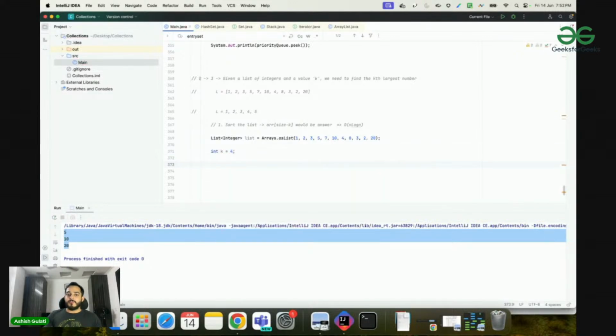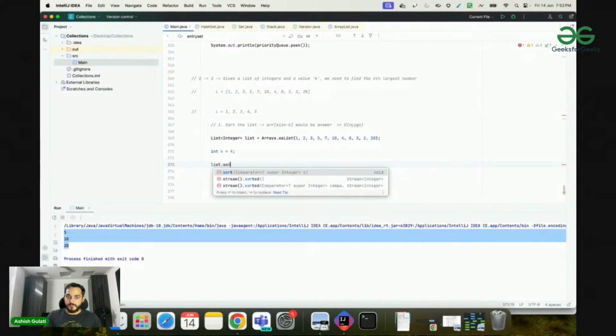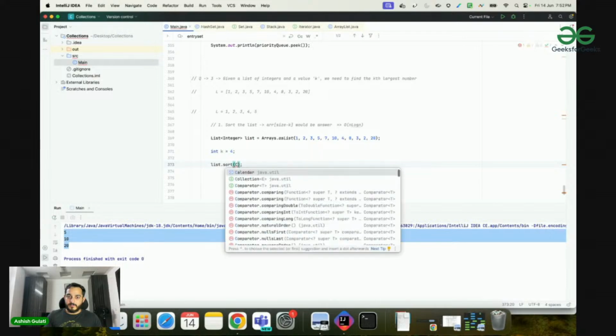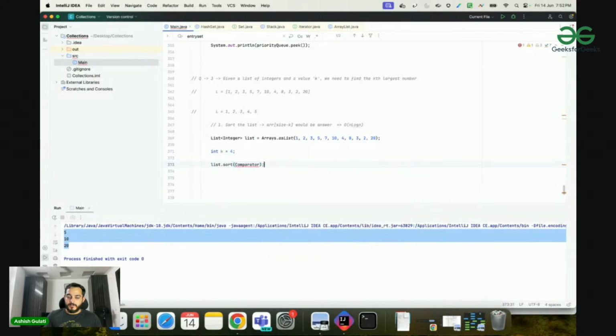So what I'll do is I'll do arrays dot sort, and I'll provide this list to it. Okay. So I think list dot sort, and comparator, right? So basically you can sort the list, right? This is one way, right? And you'll get the result,